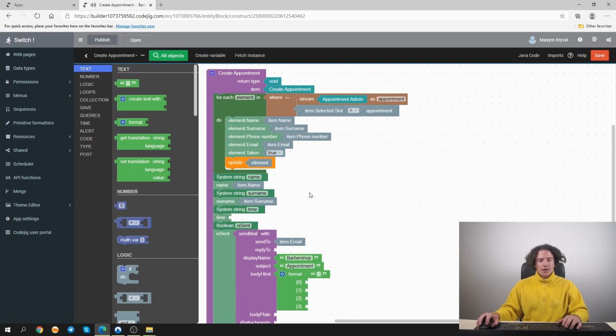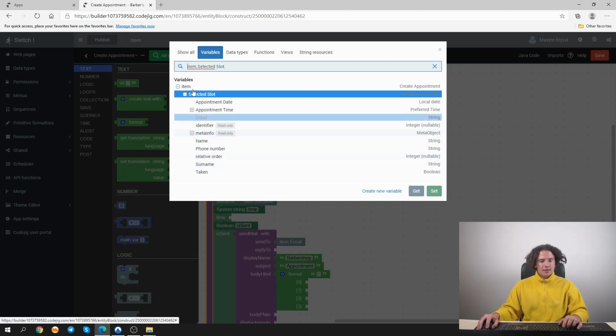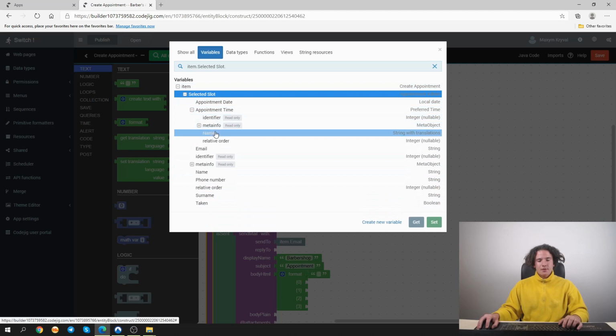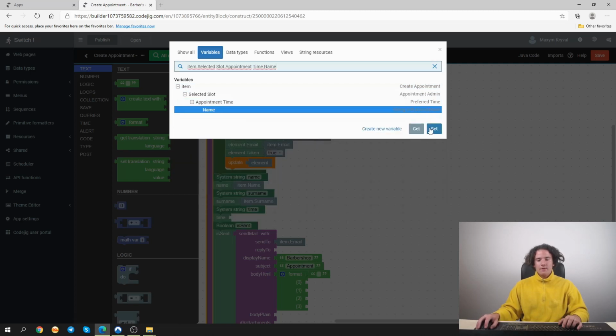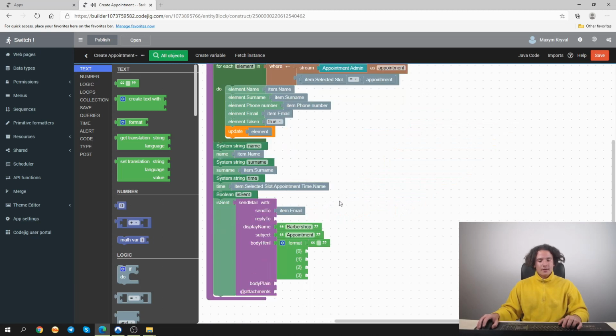The value for time is stored in our clicked row selected slot. Then we go to time, and as we want to get the string value, we will also get the name of this time. Get it and connect it right here. And we will just set those values to our format function. The same for surname